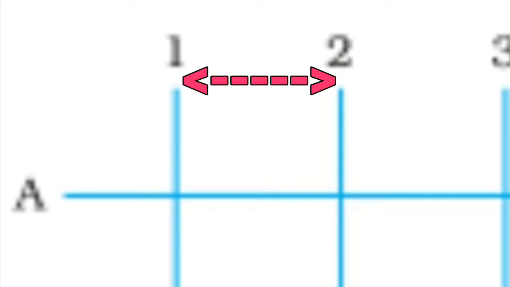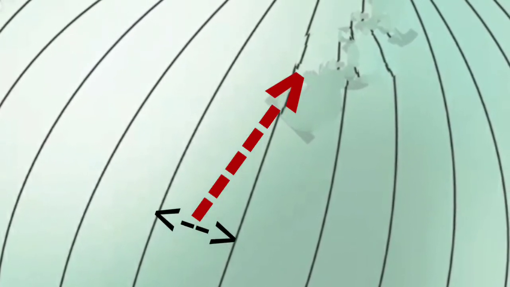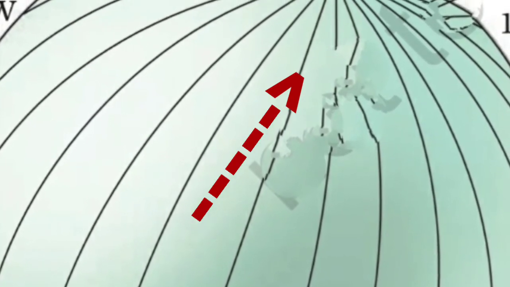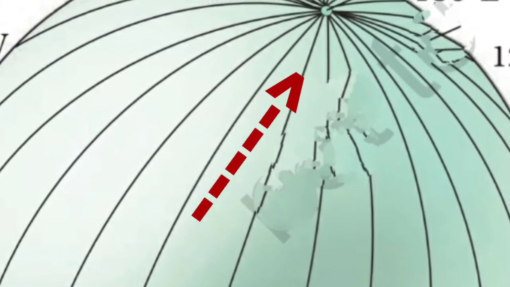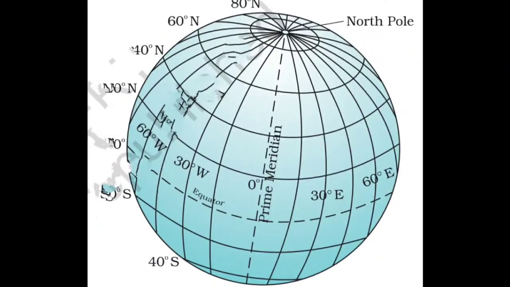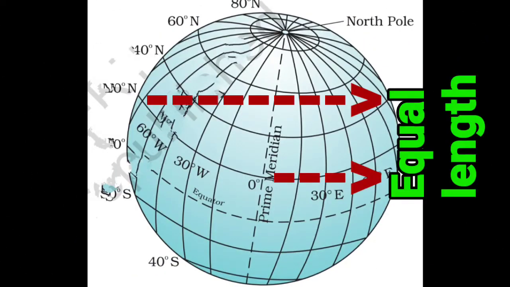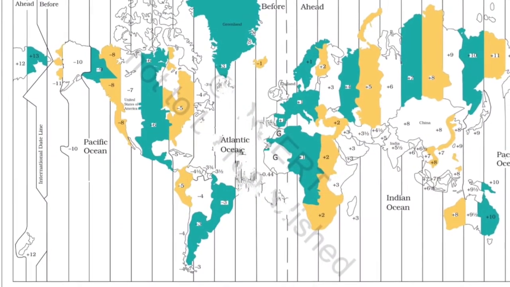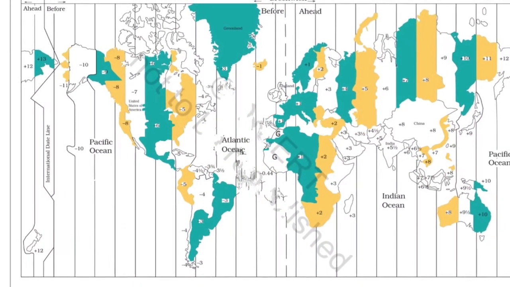Each degree is further divided into minutes. 1 degree is equal to 4 minutes. They are semicircles, and the distance between them decreases slowly polewards until it becomes 0 at the poles. Like the parallels of latitude, all meridians are of equal length. It was difficult to number the meridians.